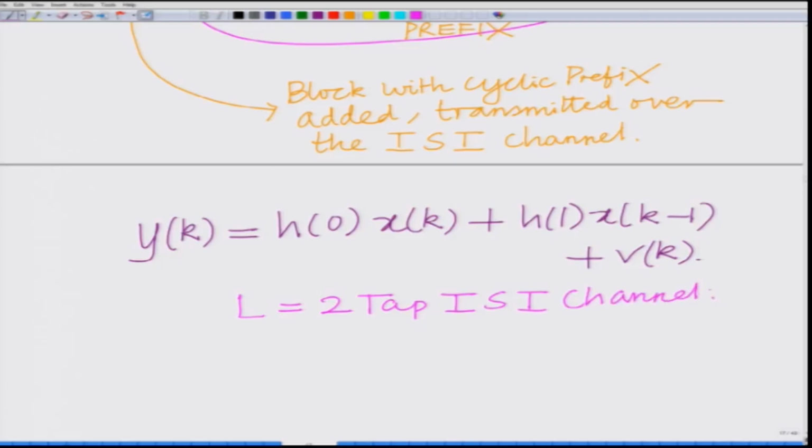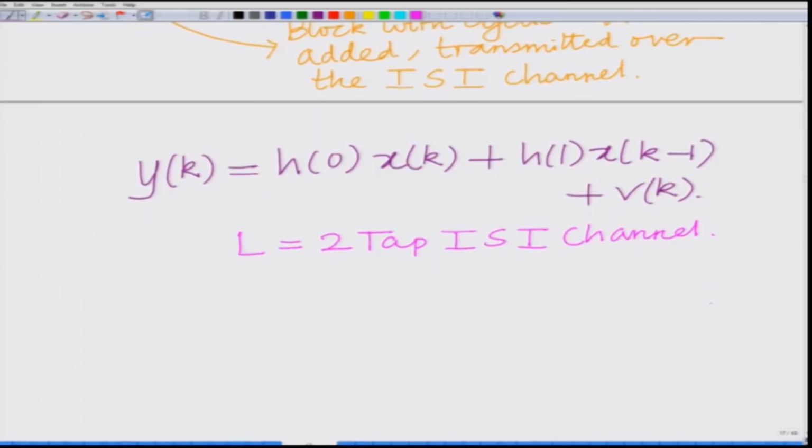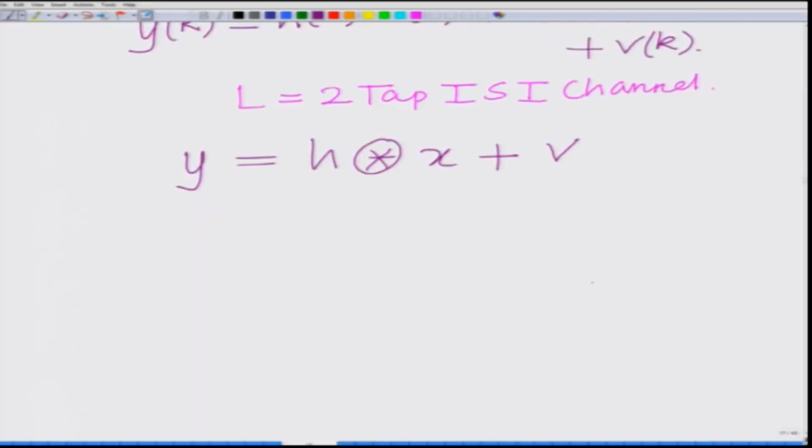This is the L equal to 2 tap ISI channel. And therefore, the action of the channel is now as follows, because you are transmitting the cyclic prefix added block of samples, the action of the channel is basically circular convolution in the presence of additive noise. All right. And therefore, now once you take the FFT of the received output samples,